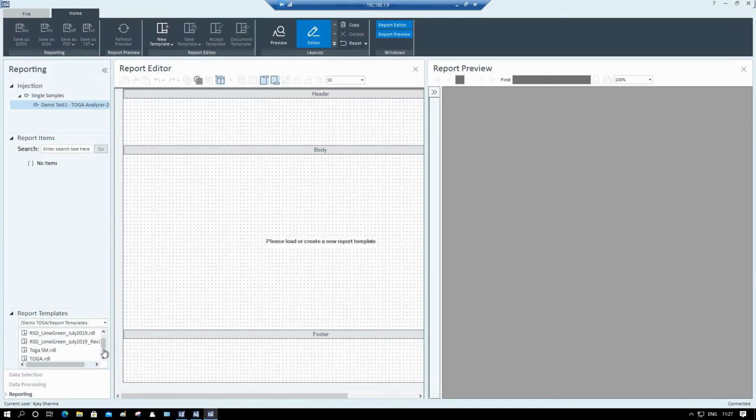So during the reporting we have an option of creating the way we want to see the report. So reports are very flexible. You can create on your own, you can modify a report, you can introduce any custom calculations and get rid of any Excel sheet. So I will use a Toga RDL, which is a Toga template we have created and designed for DGA analysis.